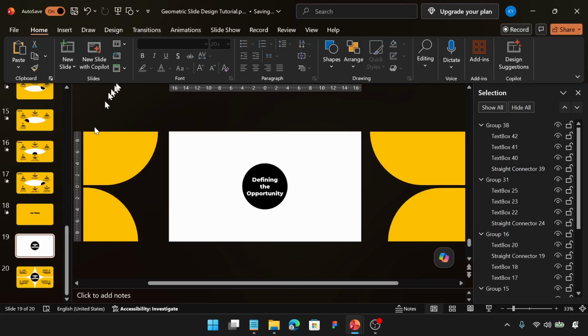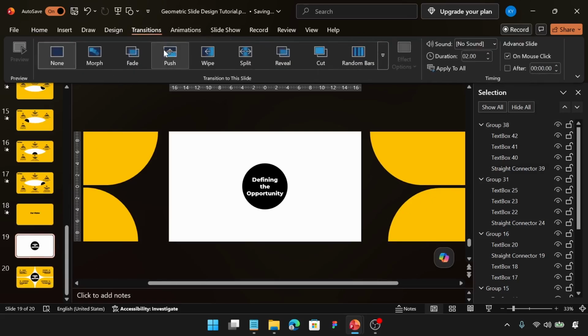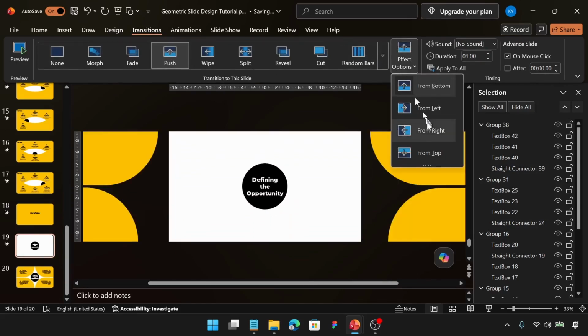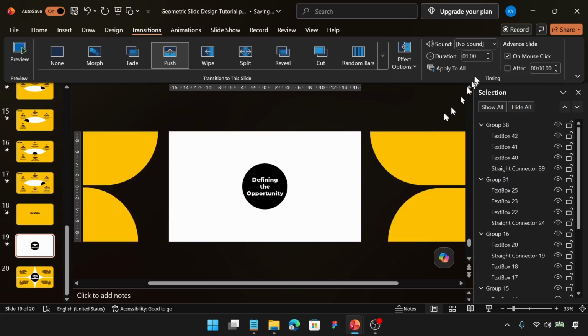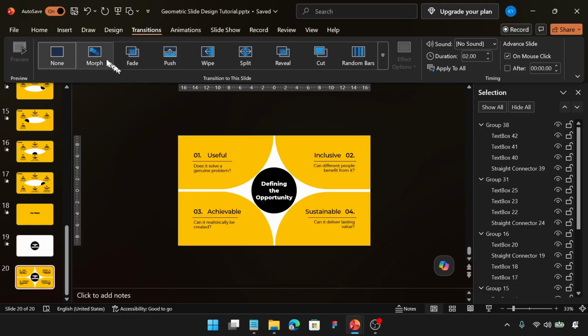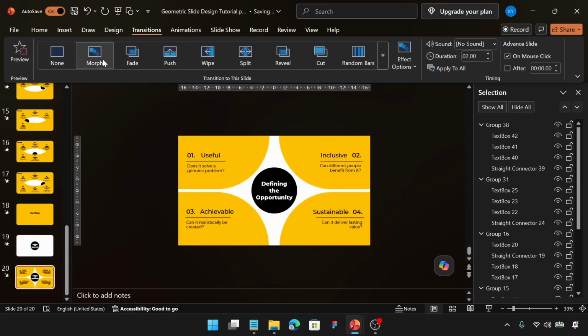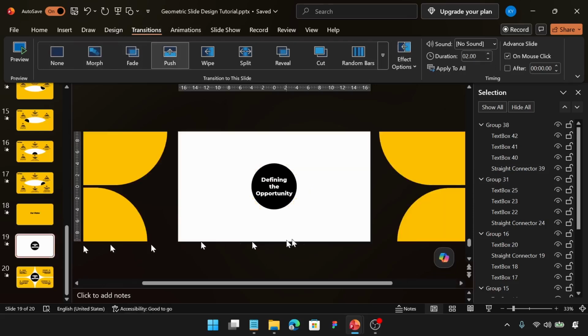So for slide 19, let's go to transitions. We're going to use the push transition and go over to effect options. We're going to make it from right, and we're going to increase the duration to 2 seconds. Select slide 20. We are going to use the morph transition, and I'm going to increase the duration to 3 seconds. Let's go back to slide 19 and then look at our